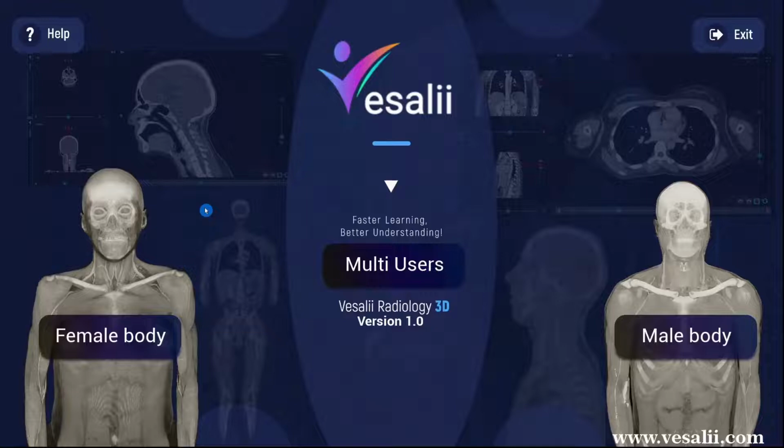This video will show you the landing page of Visali 3D Radiology software and its main components. Visali Radiology 3D is used to view CT, MRI and X-ray images for both the male and female body. Click on the male button to access the male radiology images, or click on the female button to access female